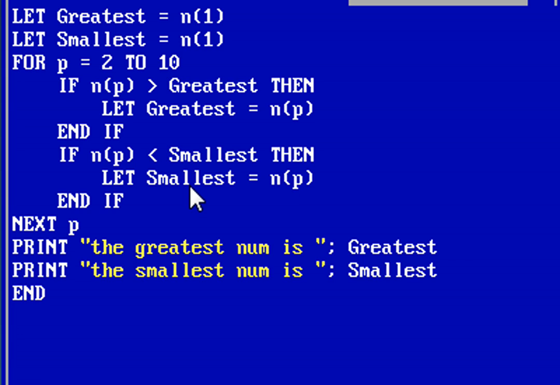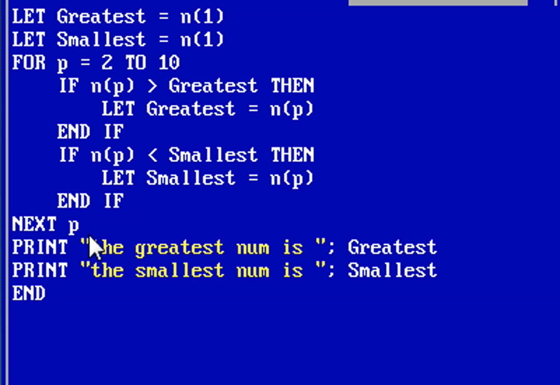I mean the greatest number is in a variable termed greatest, and the smallest number is stored in a variable called smallest. So this for next loop will execute 9 times, and if we get any number greater than the previous one, then it will change the greatest number and will store the number which is the greatest.